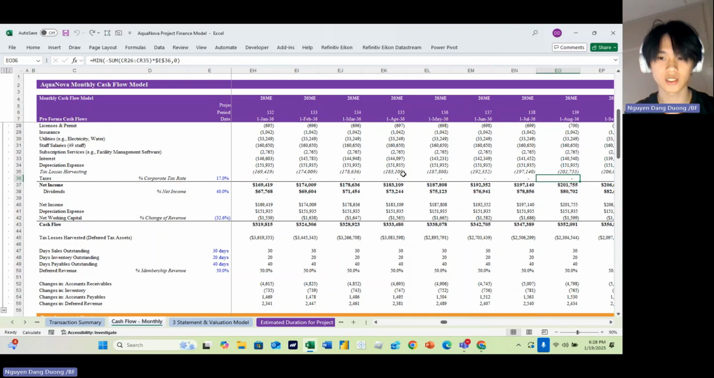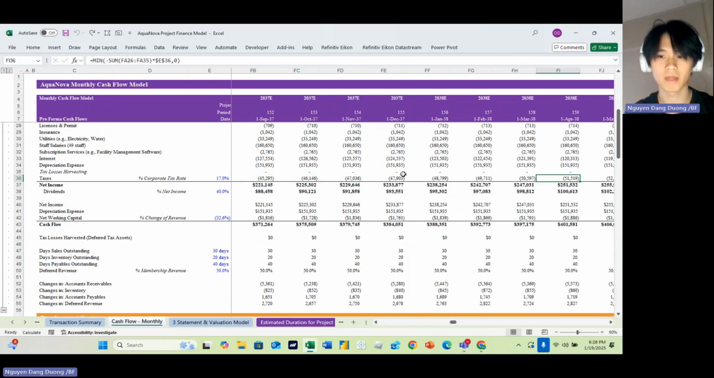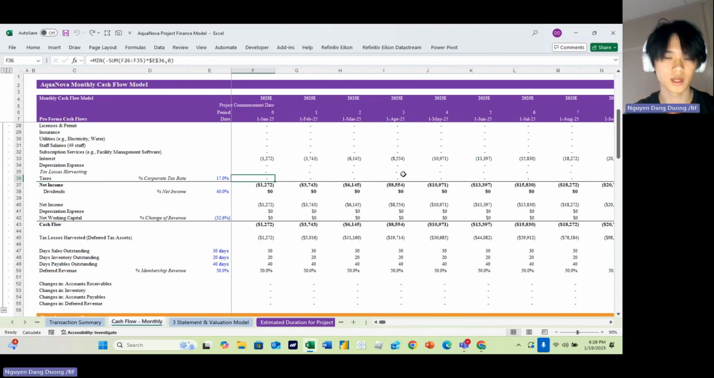After we have finished using our tax losses, we start paying tax around 2037. And from here